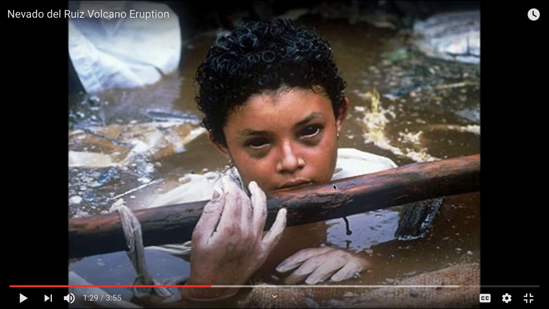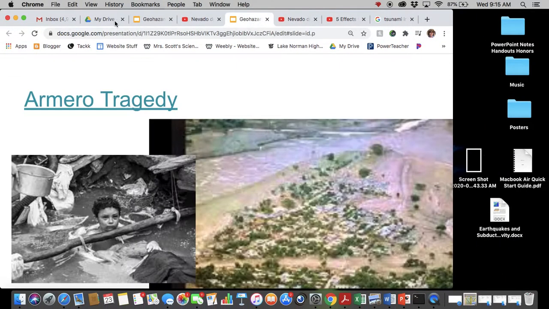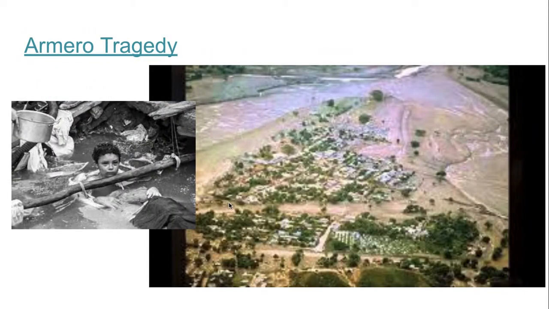So Omaira, this little girl, ended up getting trapped in the debris of her home from this lahar. She was trapped for about 3 days. Rescuers couldn't pull her out without breaking her legs. And ultimately, the decision came down to, well, we can either try to amputate her legs and free her that way, or we can just try to keep her comfortable until she passes on. And that's ultimately what they decided. She died about 3 days afterwards.